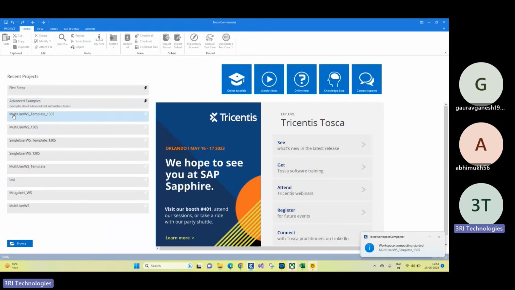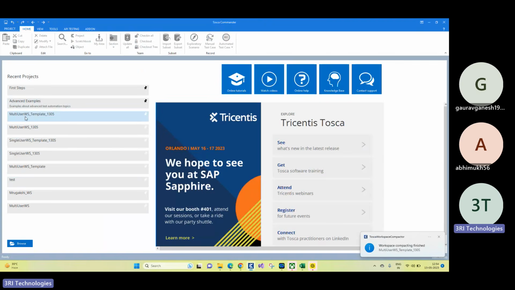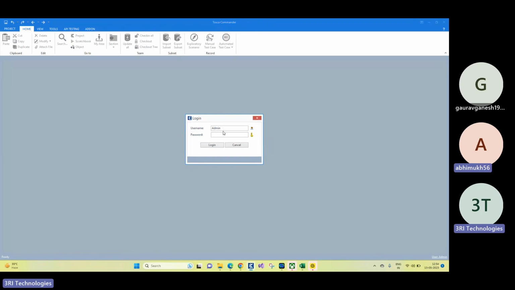Wait for a few seconds. Click on your multi-user workspace. Instead of admin, I'm entering my name here, and the password.